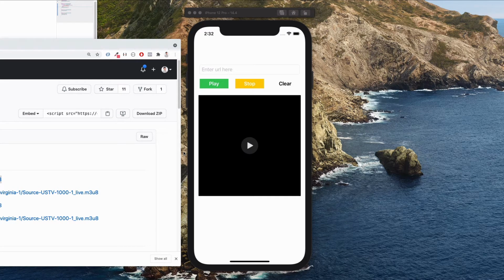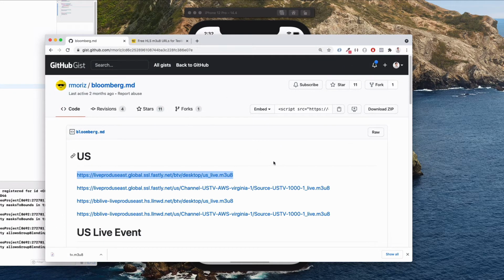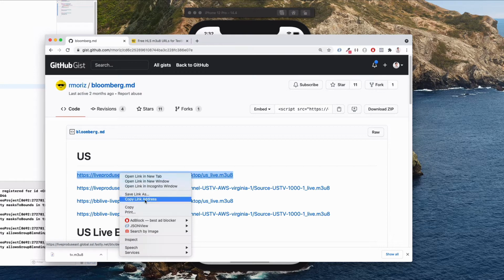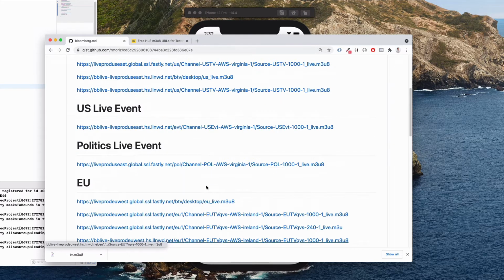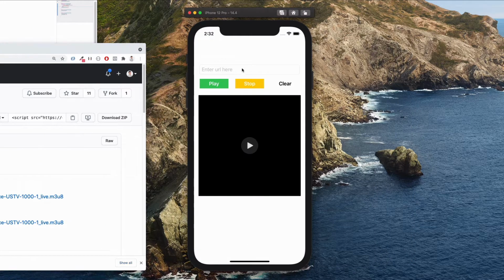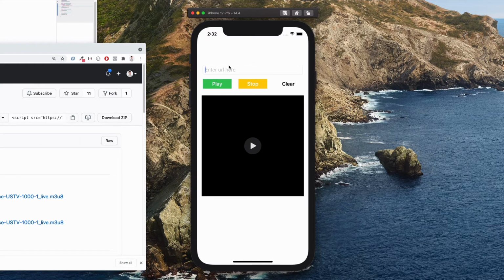In this video, I want to show you how you can build a video player on iOS that takes in an M3U8 link like that over here. As you can see on my screen, I have this Bloomberg link, which I think is also known as IPTV. I'm going to show you what it does. If I copy one of these links and paste it inside our app, this is the version that is already being built. So we'll learn how to build something like that